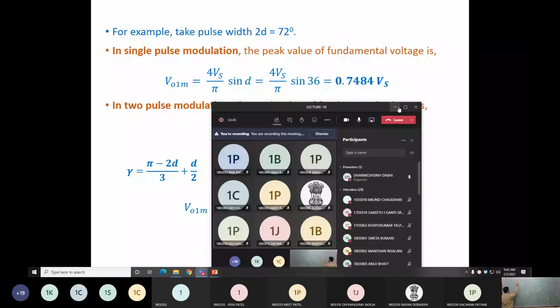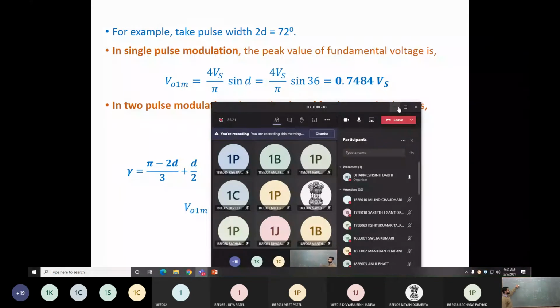Higher order harmonic is like, suppose, the 11th order harmonic. So the 11th order harmonic frequency is 11 multiplied by 50, which is 550 Hz. And a lower order harmonic is, suppose you take the third order harmonic. The third order harmonic frequency is 3 times 50, which is 150 Hz. So in which case do you require the large size of inductor?